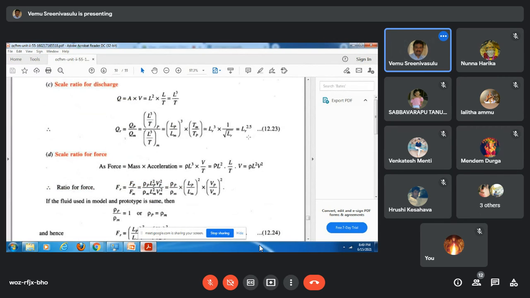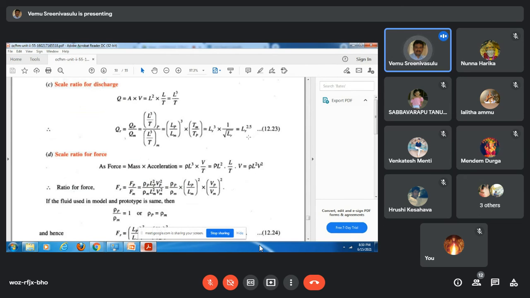Any questions? So you understand what is dimensional analysis? Yes, sir. I will just brief you. There are three applications of dimensional analysis. One is you can convert the dimensions of one system to another. The second is if the variables are many, it is difficult to conduct the experiment with so many variables, so they can be reduced to fewer variables. We have the Buckingham Pi theorem for that.